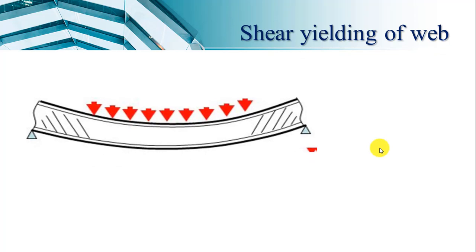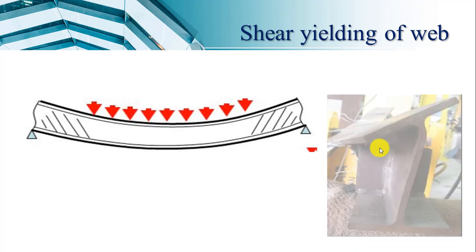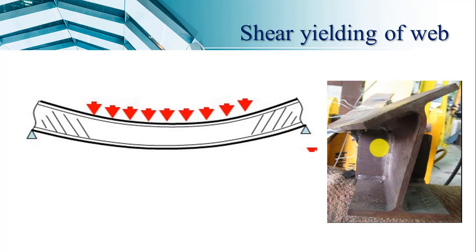Then the next one is shear yielding of the web. Generally this kind of failure occurs because of a heavy point load at the end. We know that in the case of a beam, at its end there is shear, and if at the end the web is not properly connected with some arrangement, like additional fasteners are not given, then failure of this web can be observed, which is called shear yielding of the web. So you can see another diagram for the shear yielding of the web, where shearing is taking place in the web, which is referred to as shear yielding.